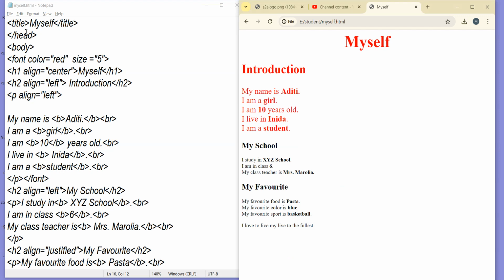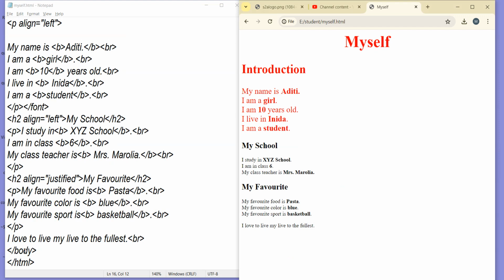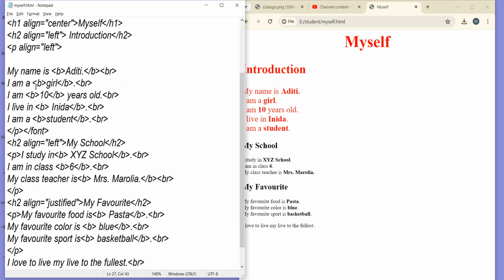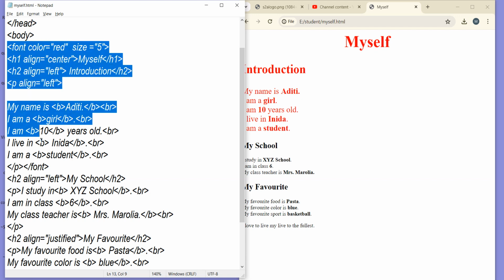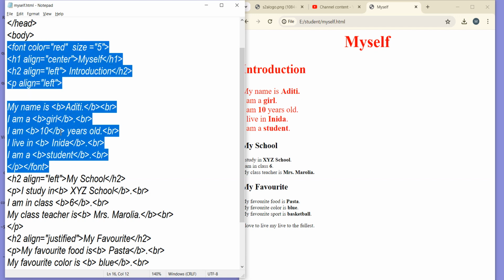See, now the font was being continued till I love to live my life to the fullest, but just because I put a slash font over here, whatever contents are enclosed in this font tag, from this font to slash font, only this much content is coming in the red area. So by this observation, you can say you can